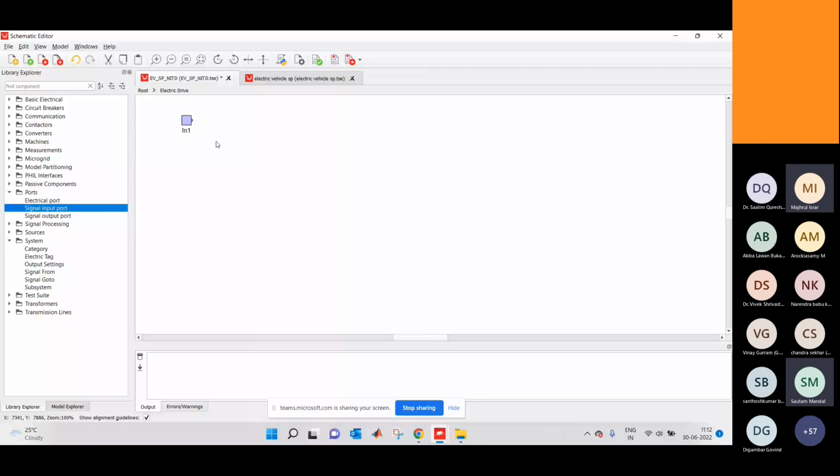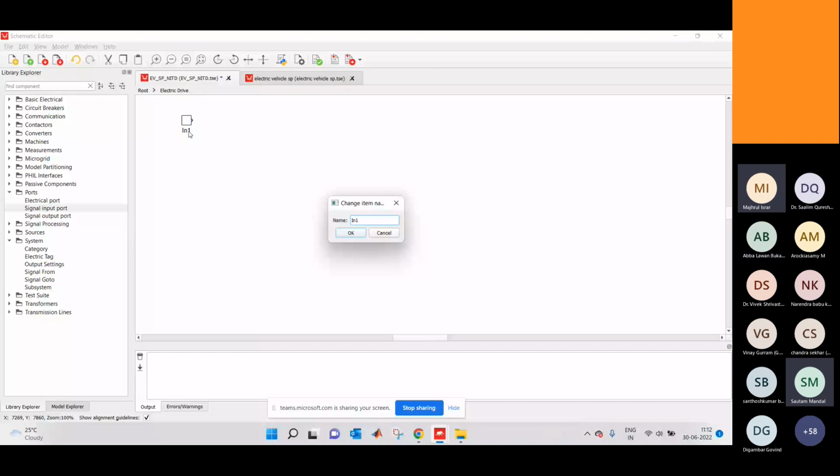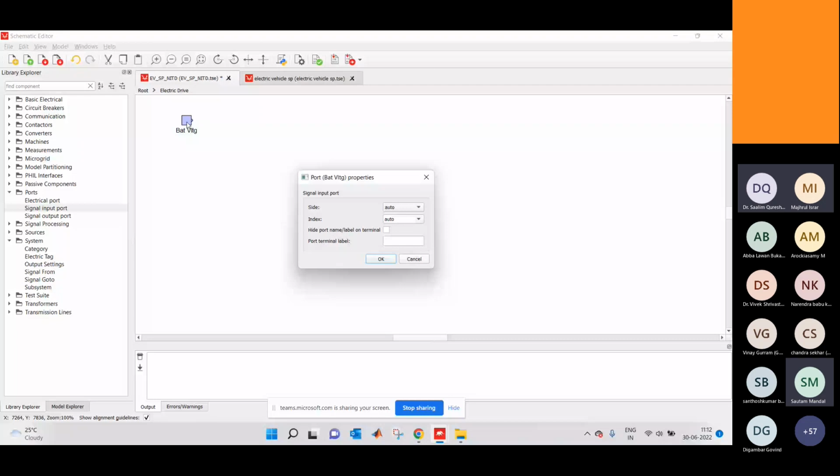Okay, and I want to name it as battery voltage, and this is a signal input port as I told, and I have to keep it on the left side at the first index, left, and the index 1. Yes. Okay,